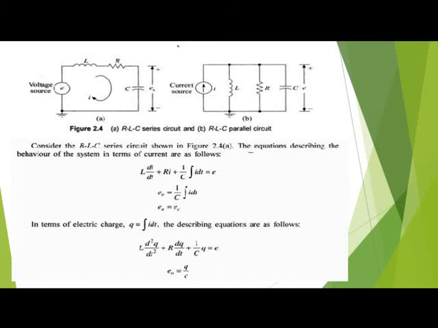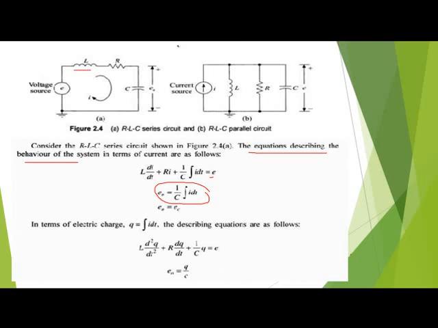The system can be described in terms of Kirchhoff's voltage law, in terms of current. Therefore, you write the equation: L into di by dt plus R into I of t plus 1 divided by C into the integration of I of t equals E, where E is the voltage source. Another is the output equation: E naught equals 1 by C into the integration of I dt. The same in terms of charge is Q equals the integration of I of t.